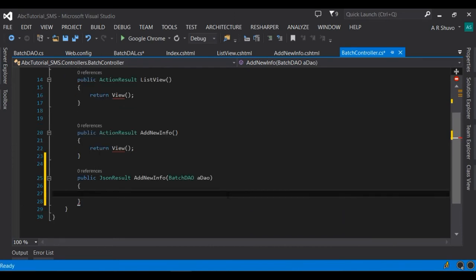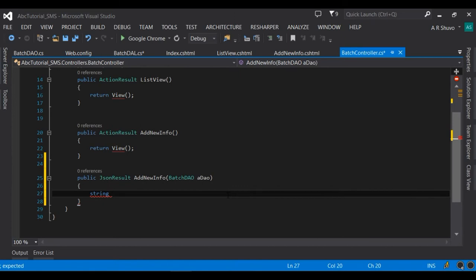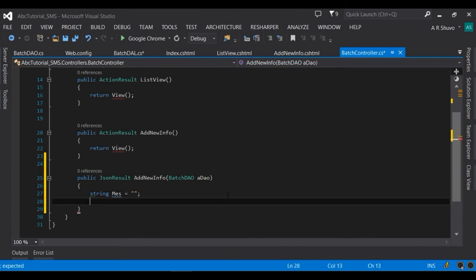Now we need to write string message equal empty string and